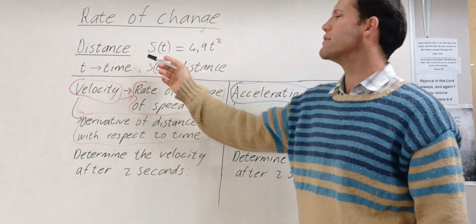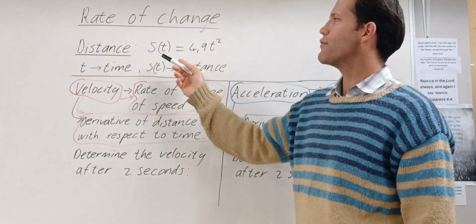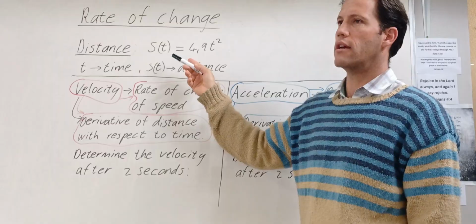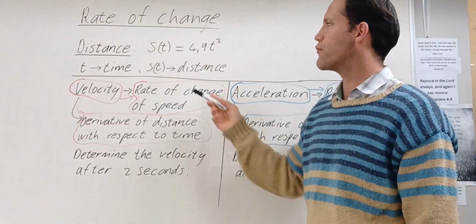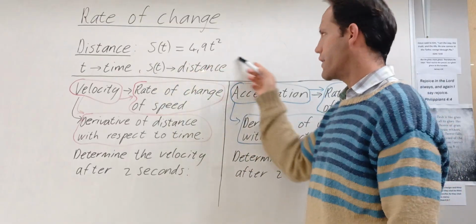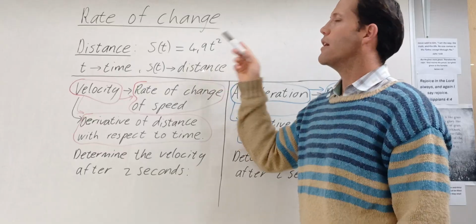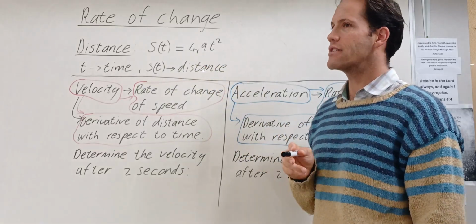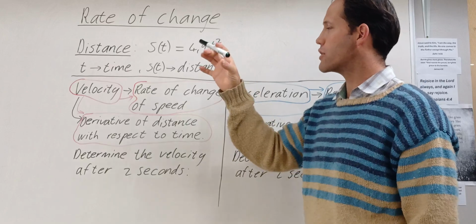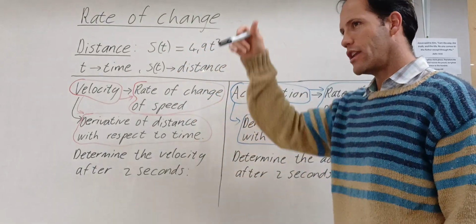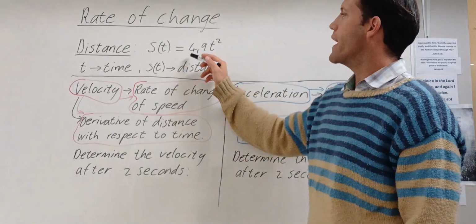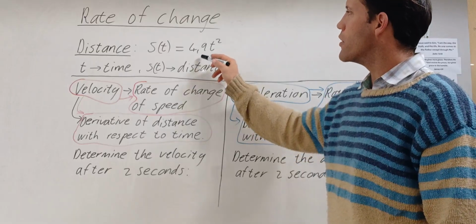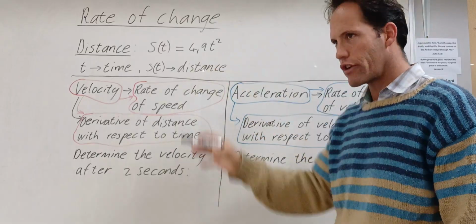So distance, if they give you, for instance, the distance is s(t), they're going to give you a formula. If they ask this kind of question, they'll give you a formula, s(t) is equal to, and then you get a formula. In this case, they said s(t) is equal to 4,9 t squared. Okay, that's the formula they gave you here, because they took a stone and they dropped it, and it's falling, okay? And then the distance that it falls will depend on the time, for how long it's been falling.